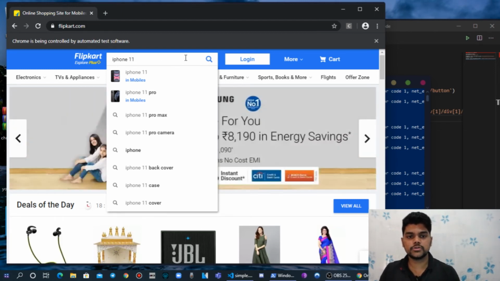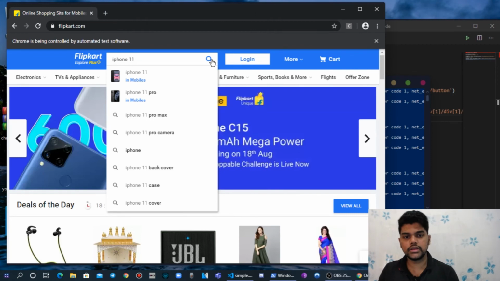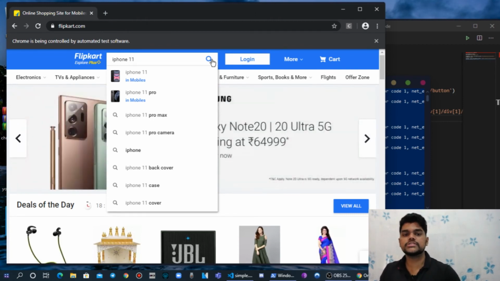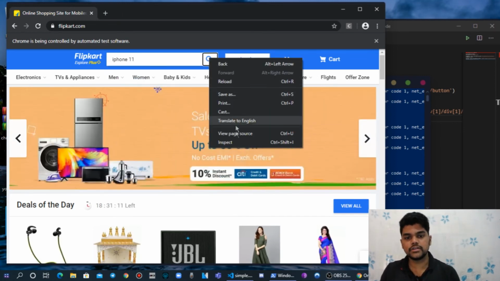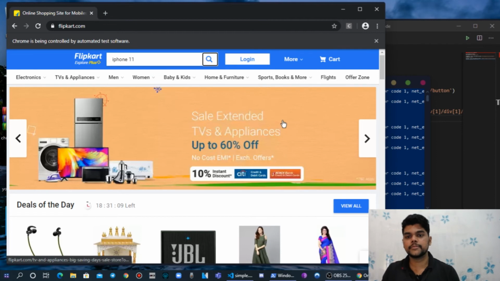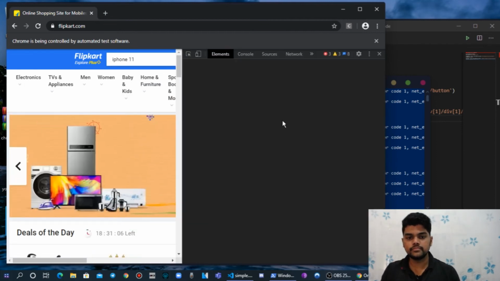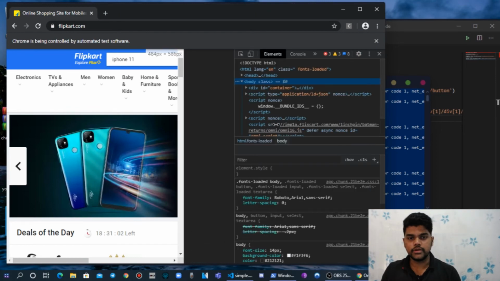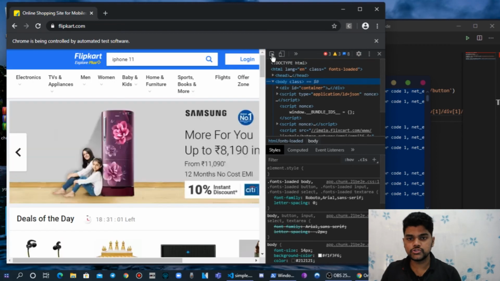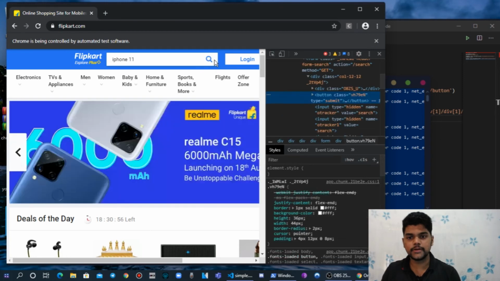So next thing is we have to store this search button in one variable, and again we have to give some click function. Again same thing, right click on that and click on inspect. So wait a minute, and choose this cursor button and move your cursor to the search button.